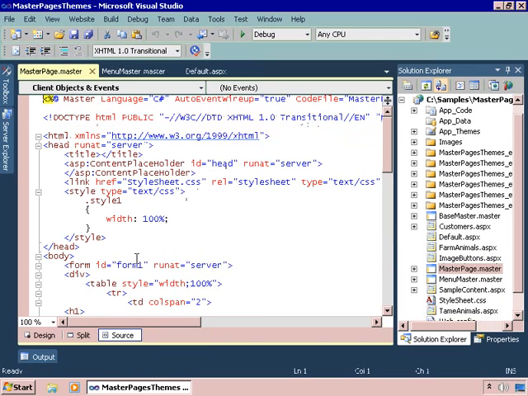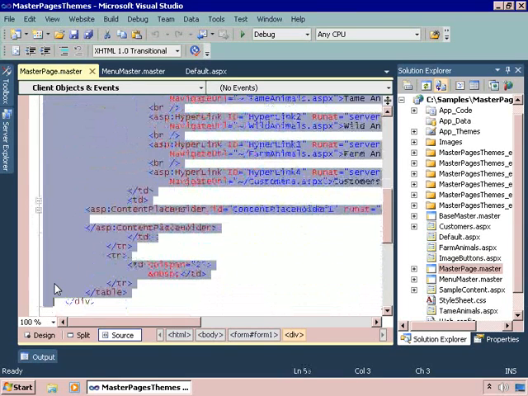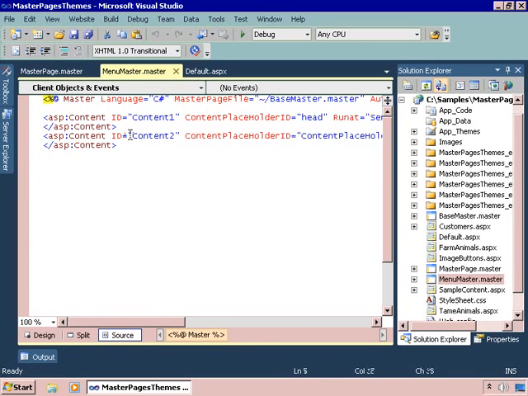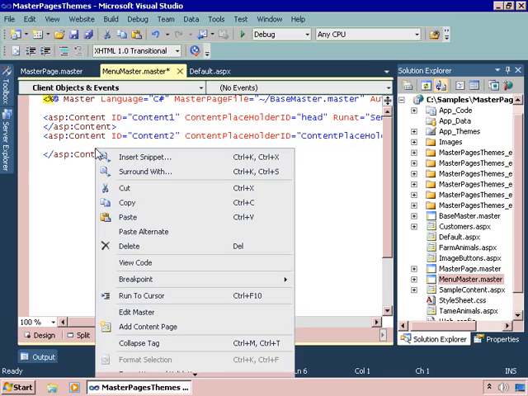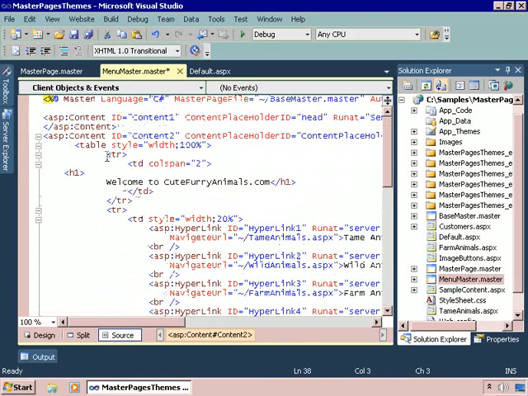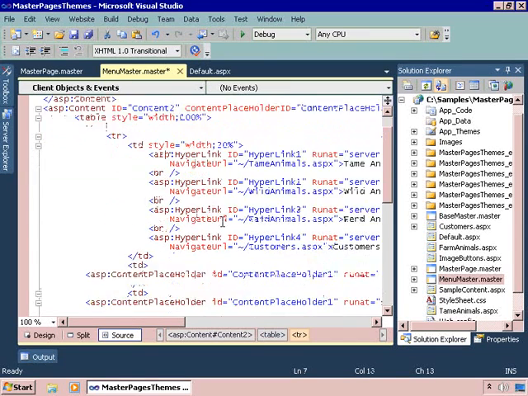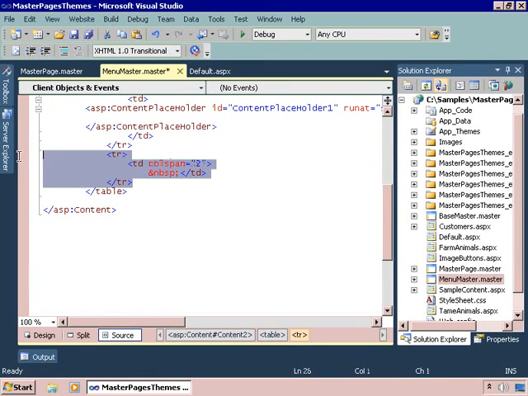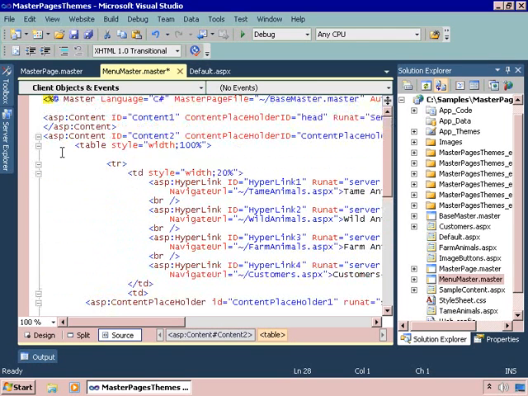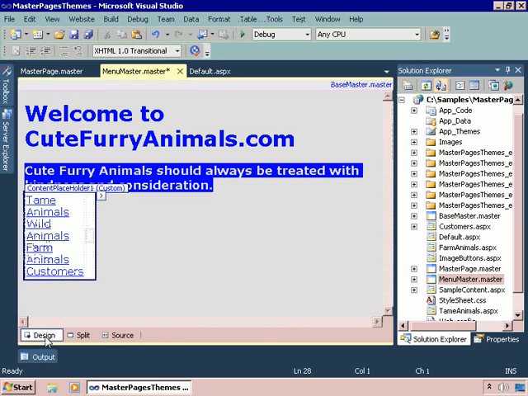Let's get the markup, get the entire table element. Here it is. Copy that and paste it in here. Now I don't want the top row or the bottom row, I just want the content part. So I'm going to remove the top row and the bottom row. There we go. And now we look at design mode, the content from the parent page and the content